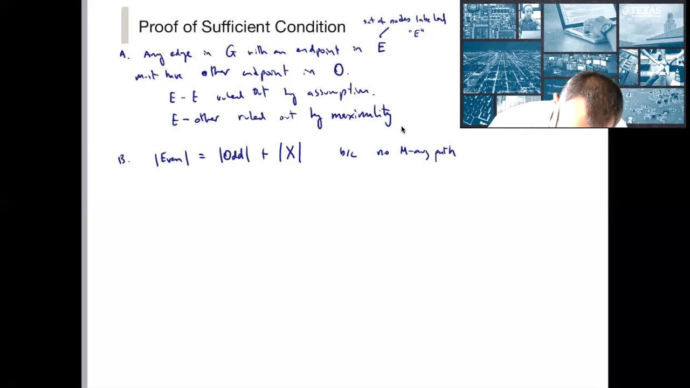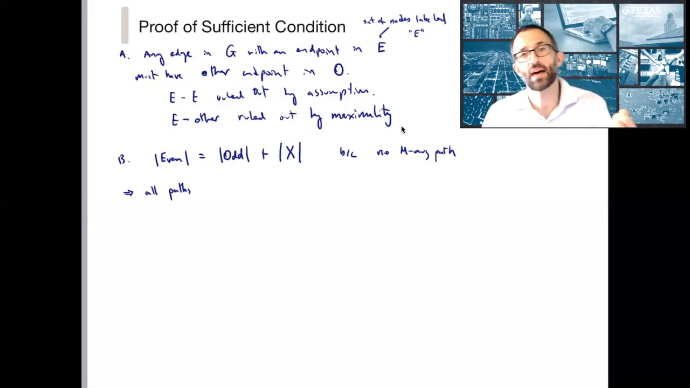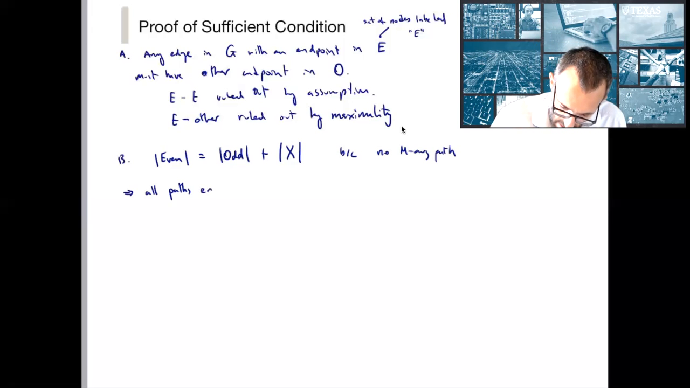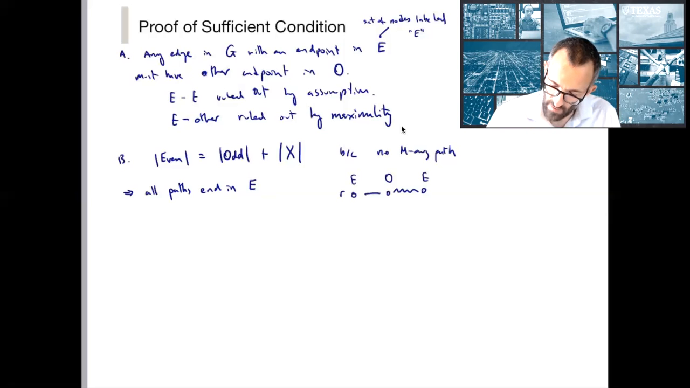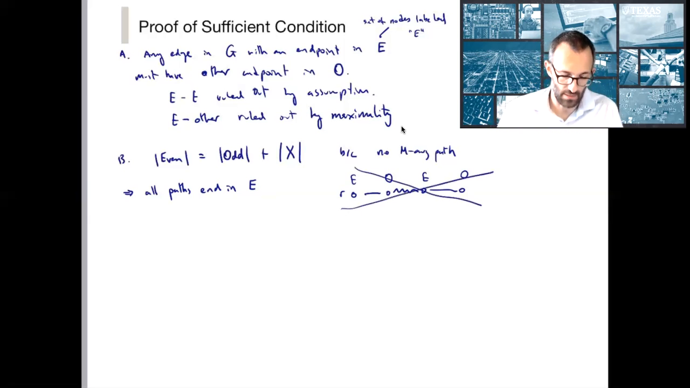And all paths, therefore, because they start in X, any path can't end in X. It can't end in O. All paths end in E, in an even node. Again, why is that? Because I started at an even node. This is the root. And I go to an odd node, and then I go to an even node. If I were ever to stop at an odd node, then this is an augmenting path. So I can't stop at an odd node. So this cannot happen. So all paths end in E, and